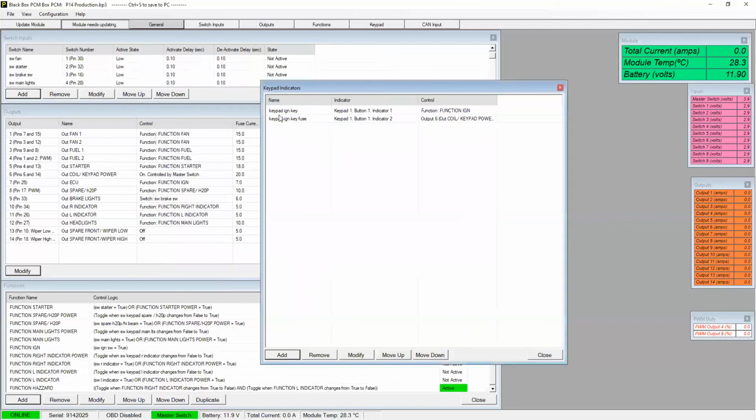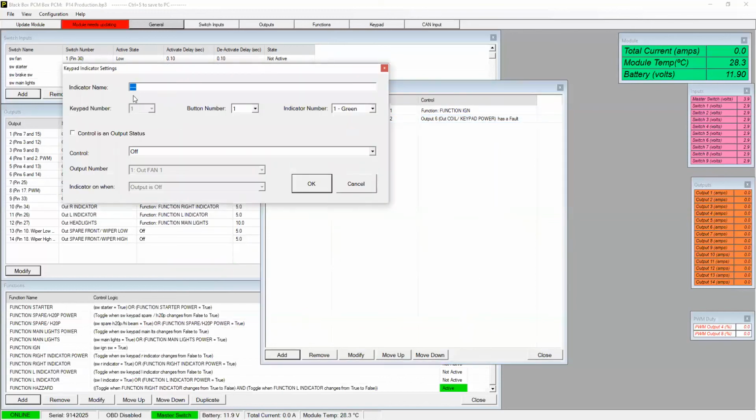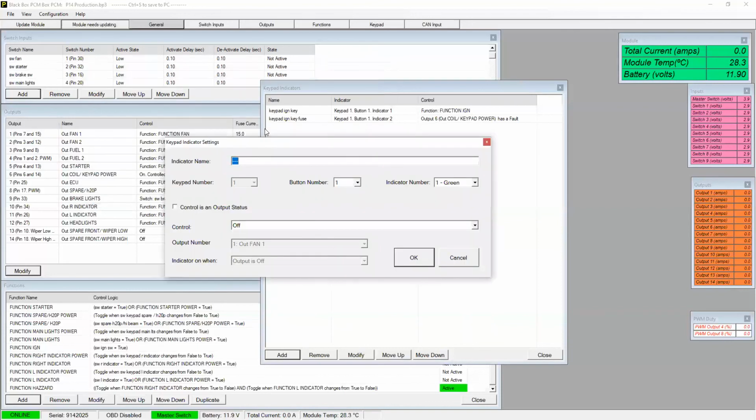So now we have keypad ignition key. We have essentially a green, which is indicator 1. Then we have a fuse, which is indicator 2. Okay, has a fault. Then we're going to go keypad ignition. And then we should call this one